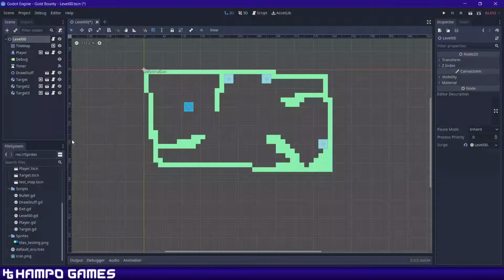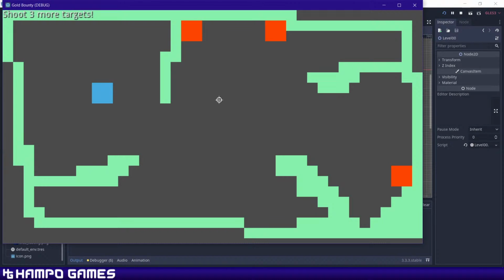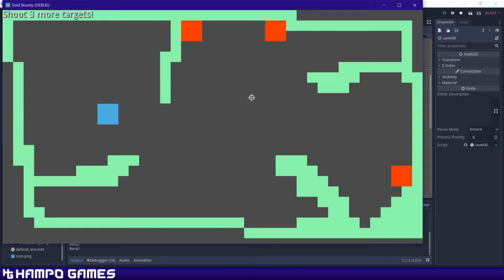Let's see, where's my thing? There we go. So, last time you may remember this. Just load you up. Okay, so we have a basic square walking around. Got your objective up here. Shoot 3 more targets. It counts down when you shoot. And get to the exit. So, it's not bad for a start, but